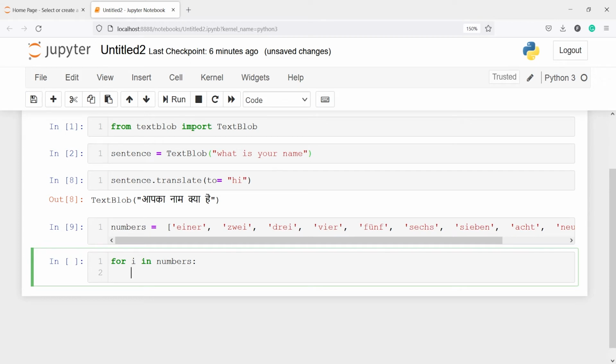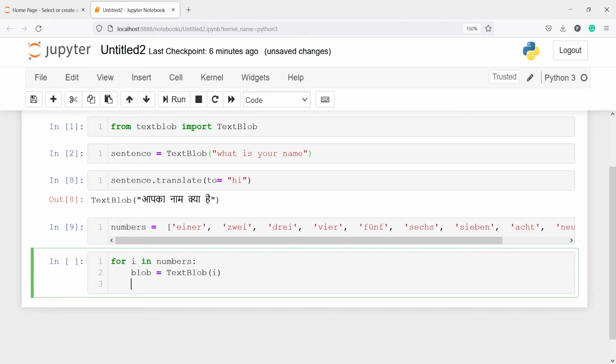So I will make one variable, blob, and to convert it into TextBlob I will call the function TextBlob, and inside this I will pass this i, because in the variable i we have all these strings. And then I will print it. I will print blob, that is this object blob, and from this I will call the translate method.